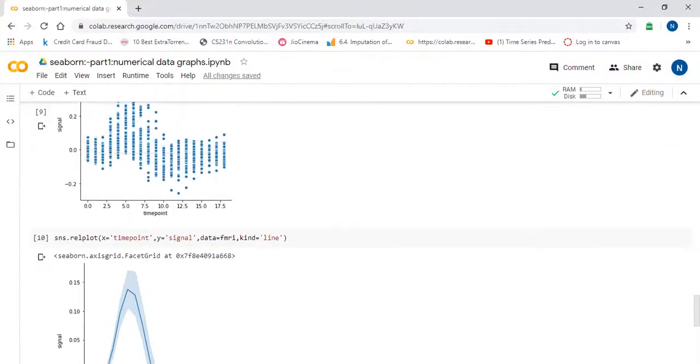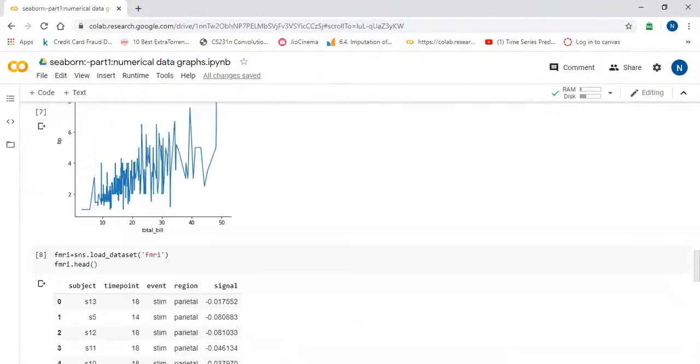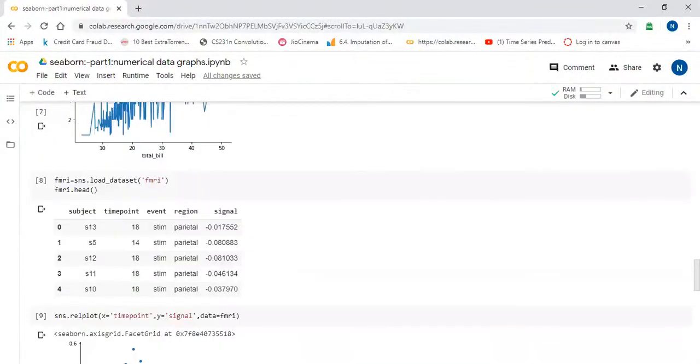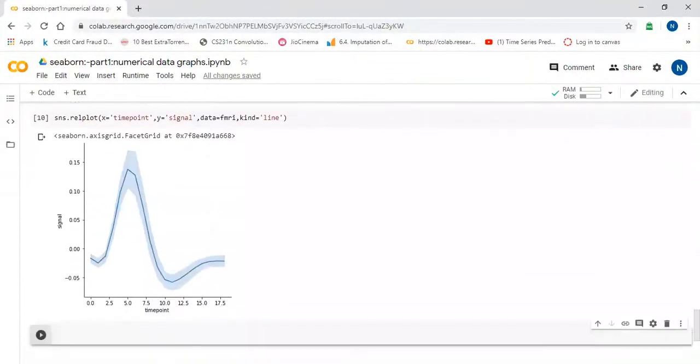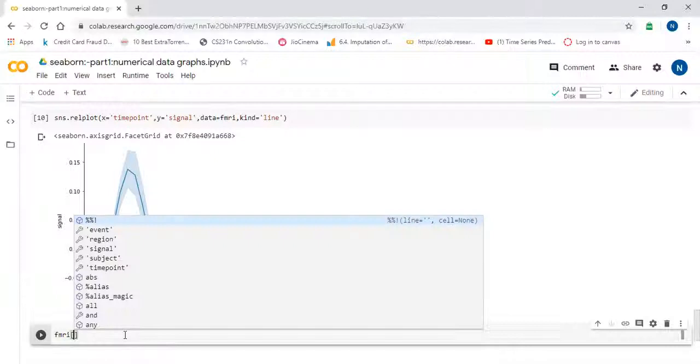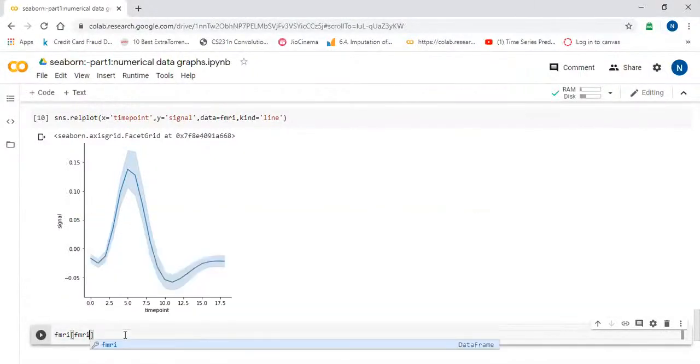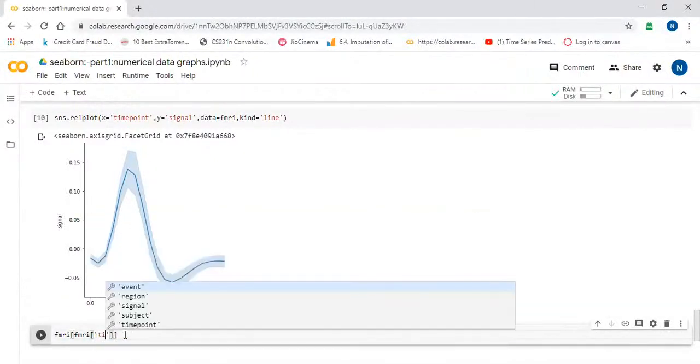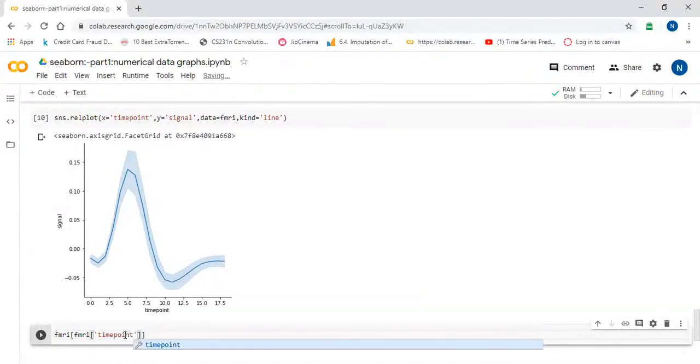You can see that last time when we plotted the line plot, there was no shade behind the line. Now we have the shade because at the same x value there are multiple y values. I will show you what those values are. fmri where timepoint is equal to, let's say, 14.